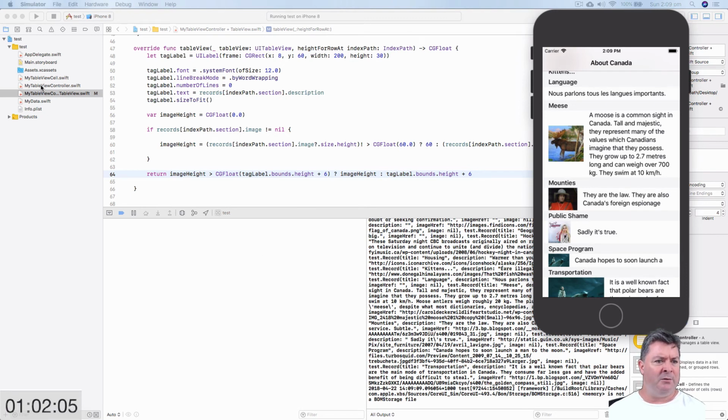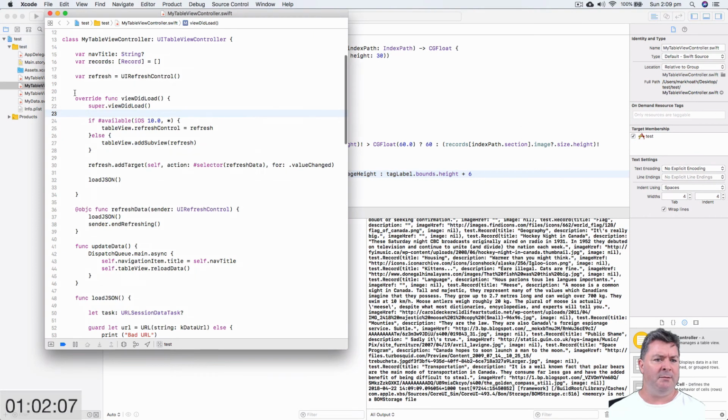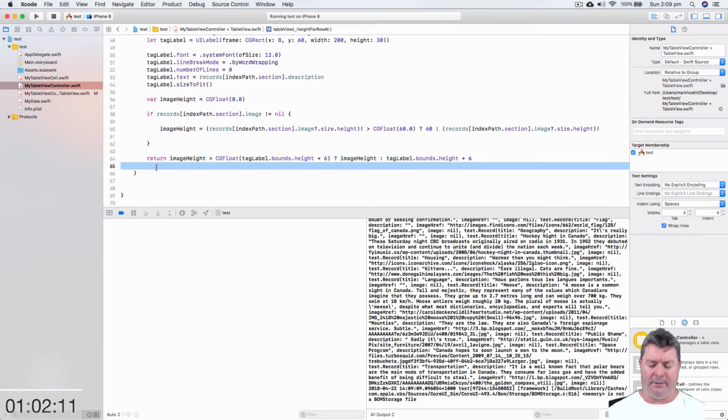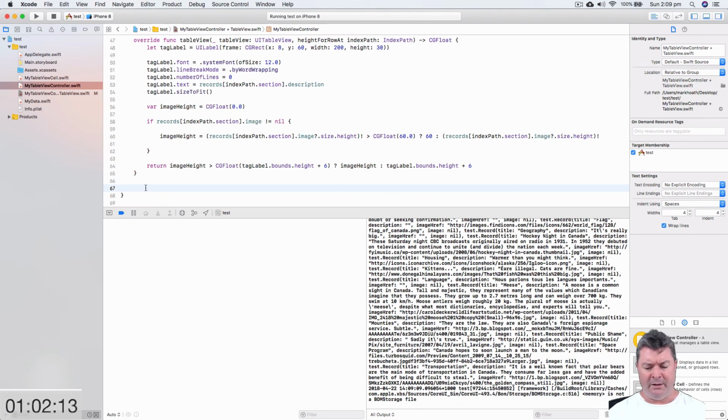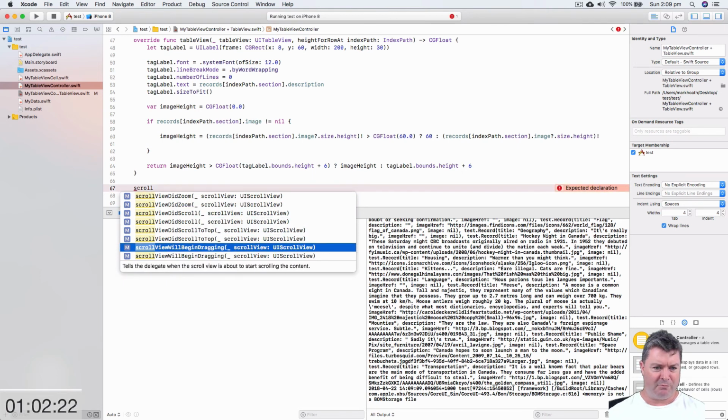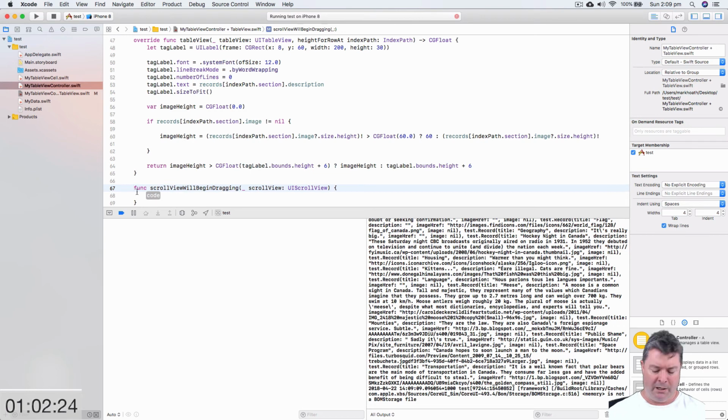So if we go back to our main table view controller, there is a scrollViewWillBeginDragging, give us that. Yes, we'll override,